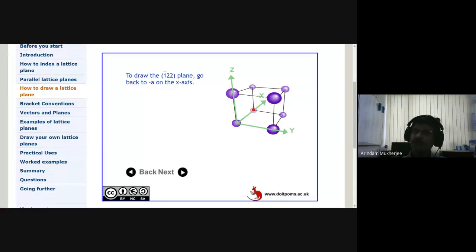You understand what I'm trying to say? Because I can always simplify it as 1 bar 2 2. But the two planes are parallel. That means they are not sitting at the same place. They are not coinciding planes. That's what we are trying to emphasize here. They are the same with respect to the point of reference, which is the origin. They will be sitting at different distances, but they will behave in a similar fashion when it comes to the original reference, that is the origin.